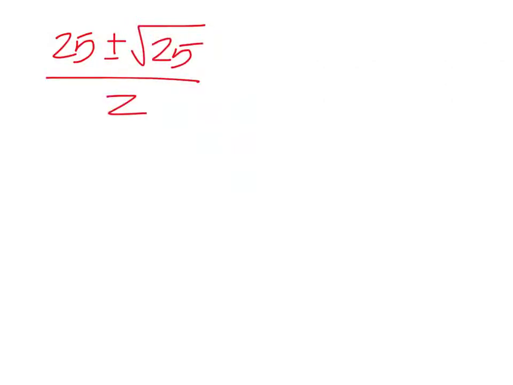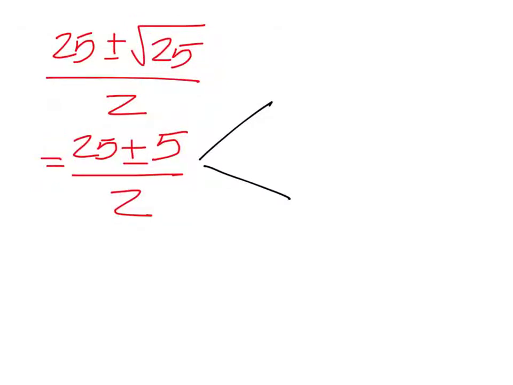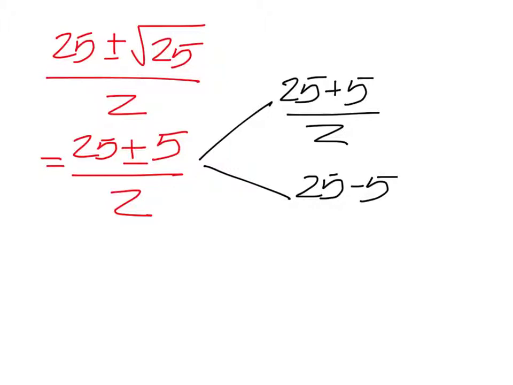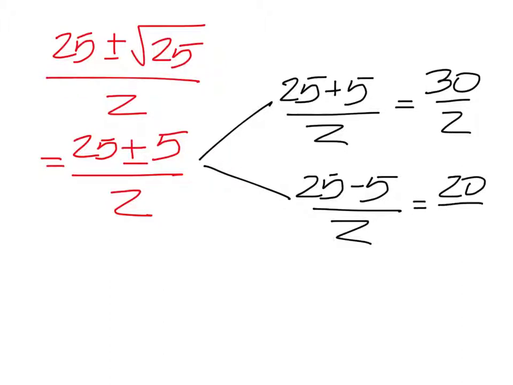We have 25 plus or minus the square root of 25, and all of that over 2. What's the square root of 25? 5. So 25 plus or minus 5 over 2. And from there you have 2 problems to do: 25 plus 5 over 2 and 25 minus 5 over 2. This one is 30 over 2. This one is 20 over 2. So that would give us answers